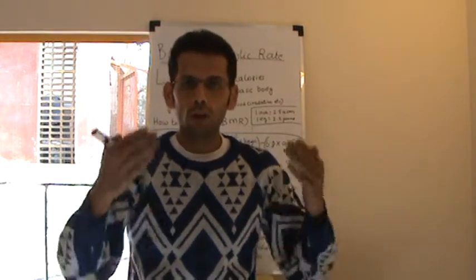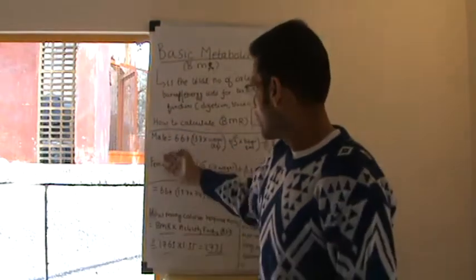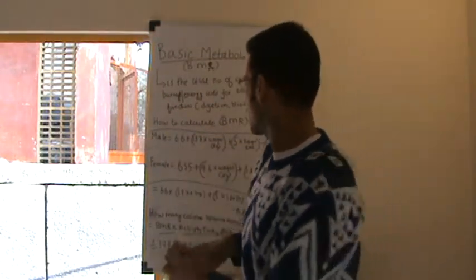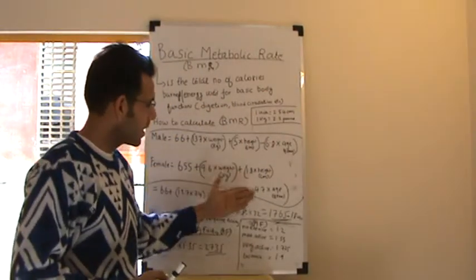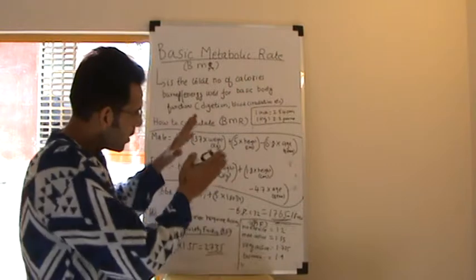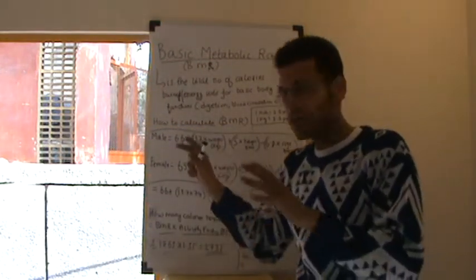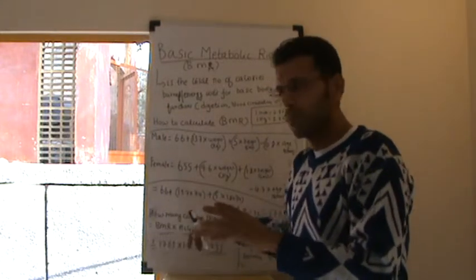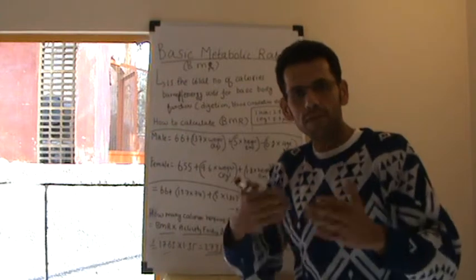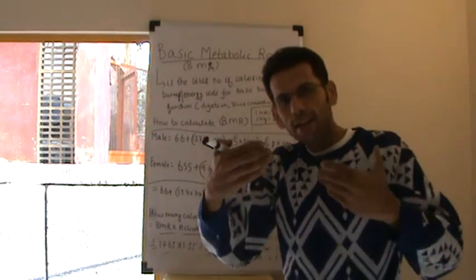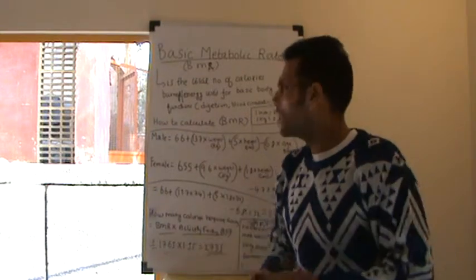Very simple. You can calculate your BMR yourself, males, females. The equation is right in front of you. You can just calculate that, and once you calculate this BMR and the calories required, you should just stick to this number of calories based upon the activity and diet you are going to incorporate into your lifestyle.